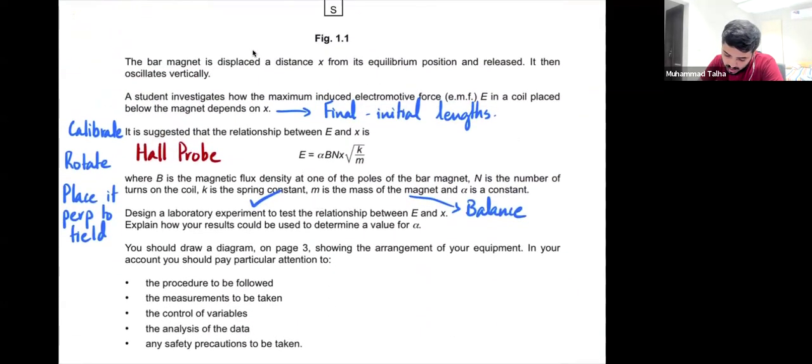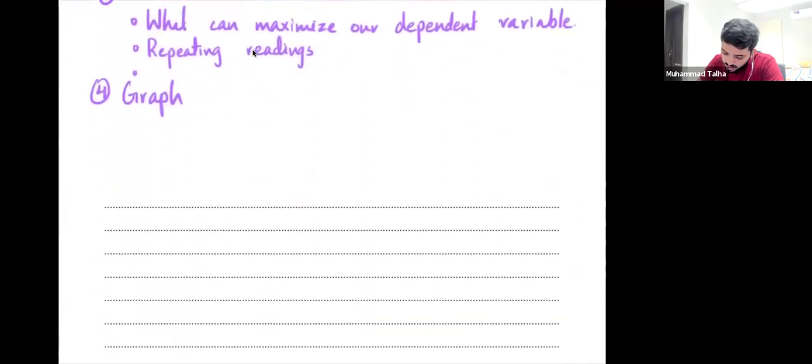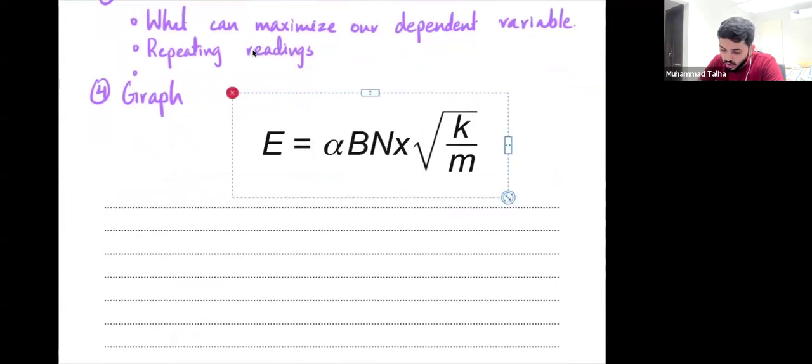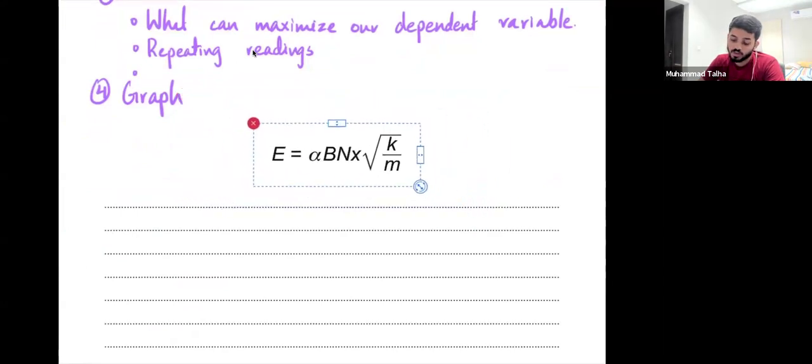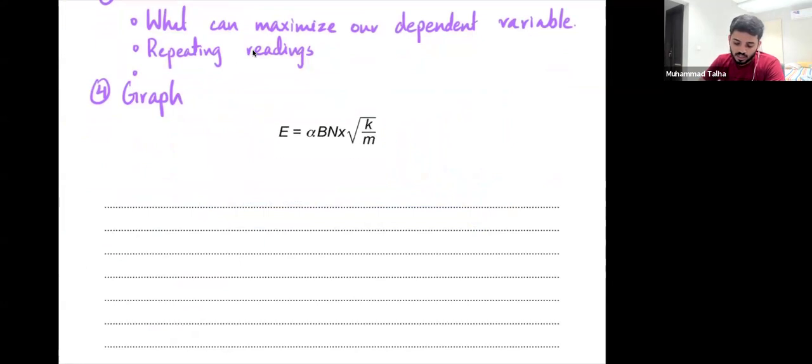All right, so let's think about this now. Again, I'm doing this linear law relationship analysis once again for people who are having problems with this. Honestly, you should not be having problems, but still, so this is E, my independent variable. X is my dependent variable. Also, there's no hard and fast rule that your dependent variable should always be on the Y and independent always on the X. There is no such requirement.